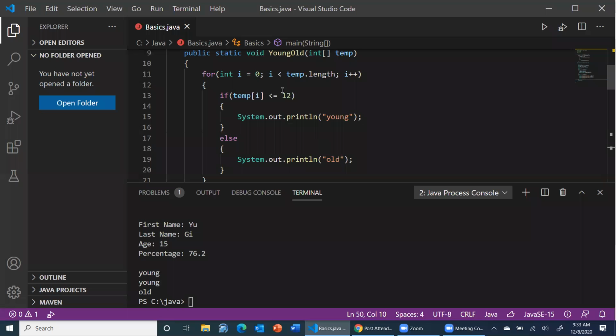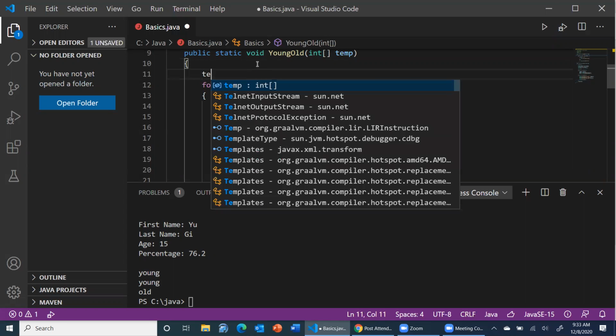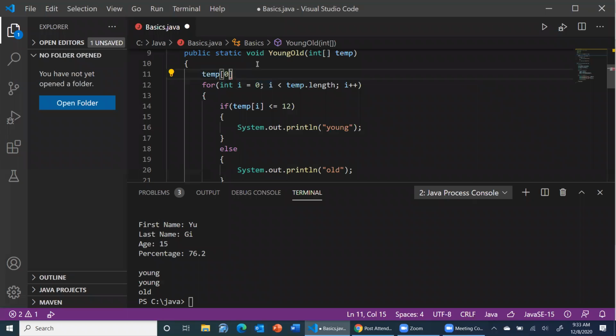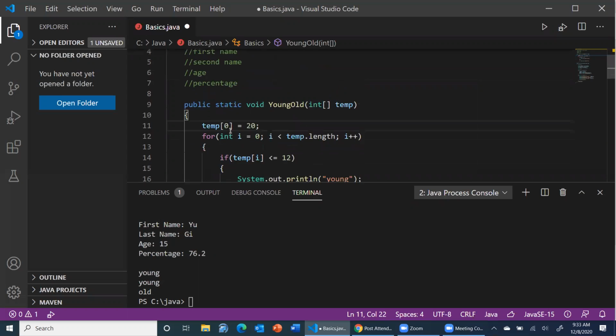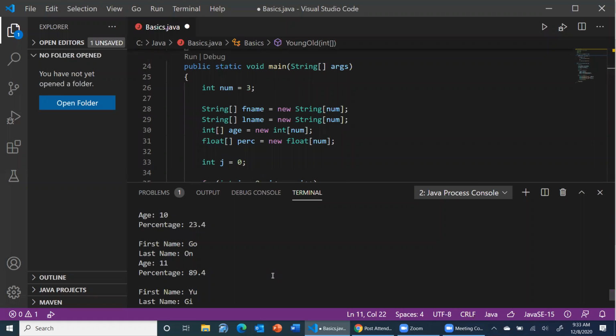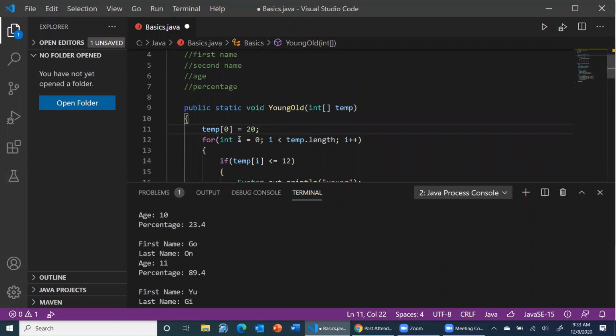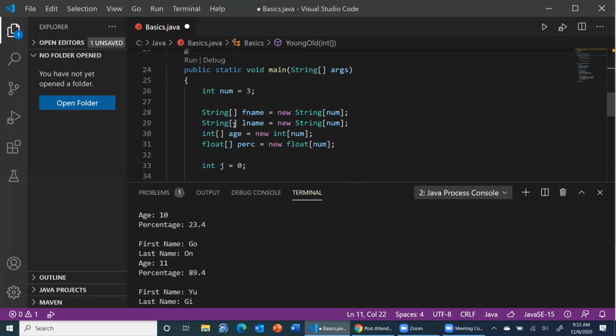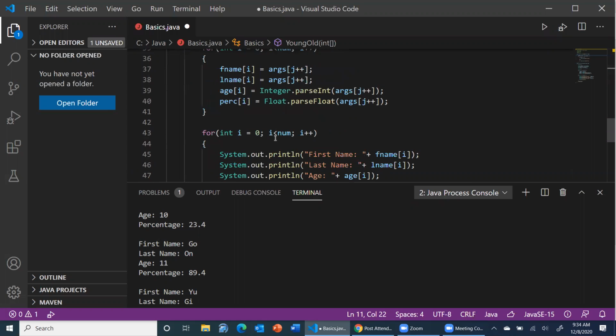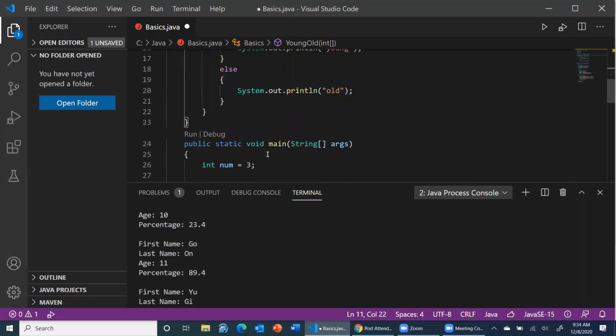ठीक है, तो ये फर्ज करें कि ये आपका यंग ओल्ड था ना, तो अगर मैं कर दूं कि temp 0 is equal to say 20, तो यहाँ पे temp 0 जो कि इनिशियली आपके पास वैल्यू कम थी, मेरे ख्याल में 10 थी, दैट विल चेंज टू 20। और फिर यहाँ पे आपके पास ओल्ड यंग ओल्ड आ जाएगा। ठीक, तो इसलिए अगर आप यहाँ पे कोई चेंजेस करते हैं, दिस चेंज आर गोइंग टू रिफ्लेक्ट over here because arrays are passed as reference।